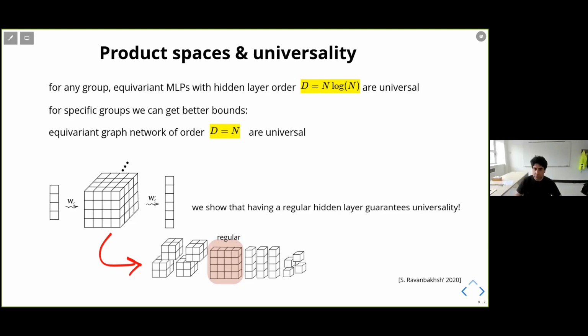So the proof for the regular case relies on the universality of the ordinary MLPs. Basically, what you do is that you can show that having a regular hidden layer is the same as performing all the data augmentations possible with the input and output. And because if you do all of those data augmentations, you can show universality in that case, because it follows from universality of just ordinary MLP, you get universality of the